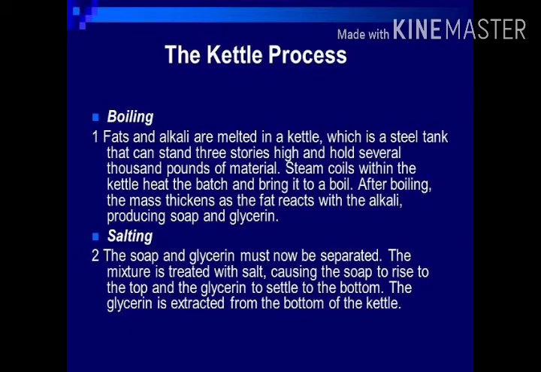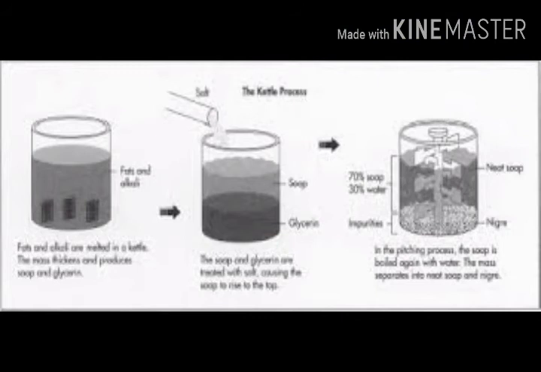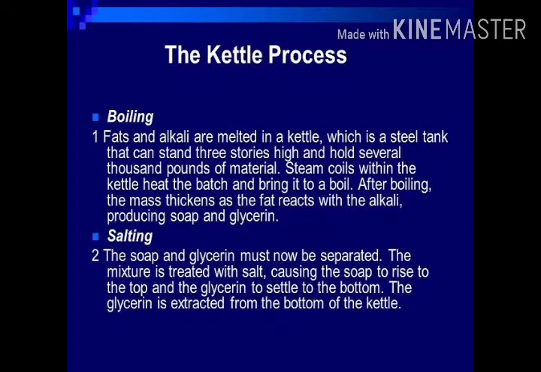The second step of soap making is salting out of soap. In this, common salt, sodium chloride, is added into the boiling mixture from the first step. Now soap is precipitated on top of the liquid as a curdy mass. The neat soap is taken off and allowed to cool down. So now we are getting the pure soap. Thus we are getting the soap.